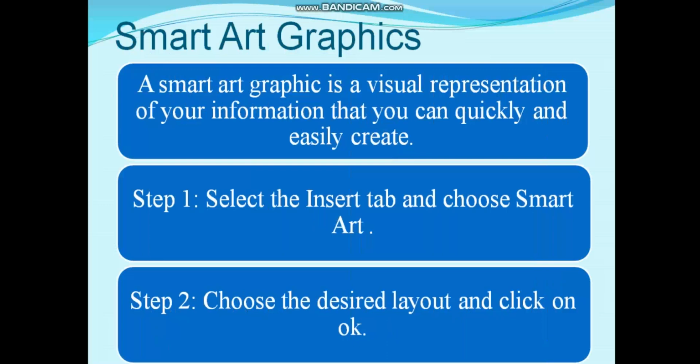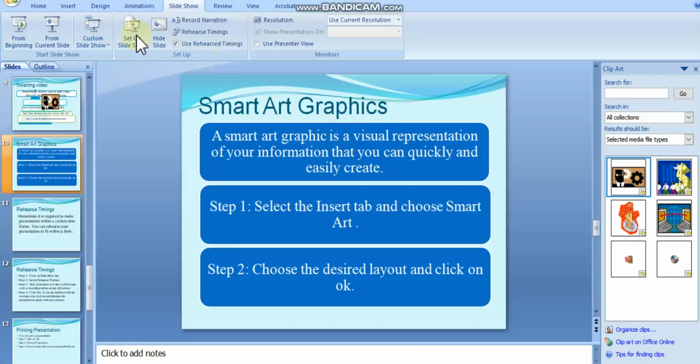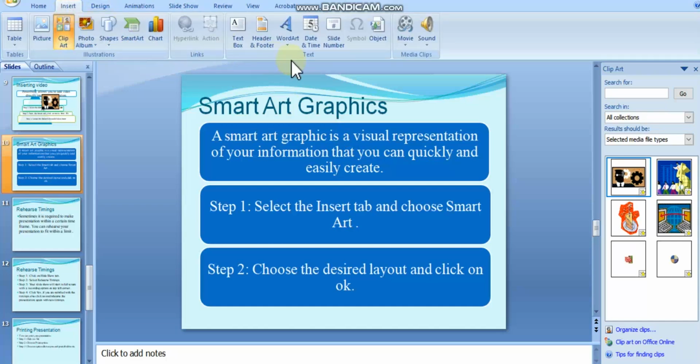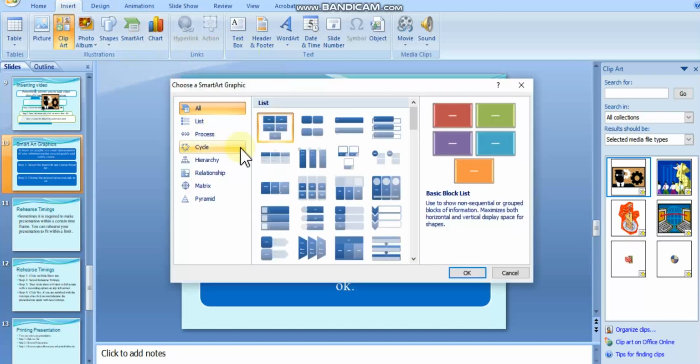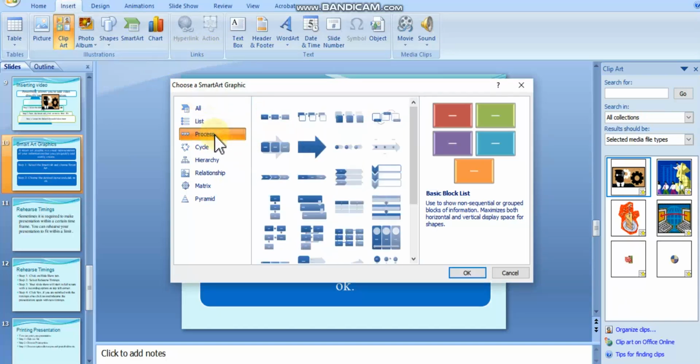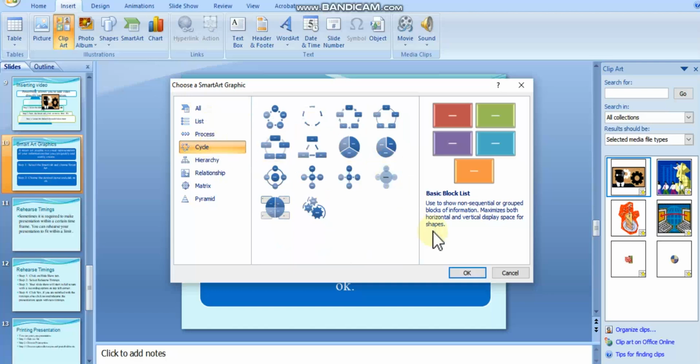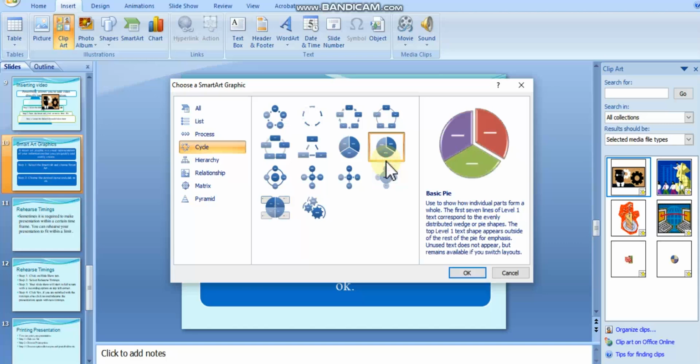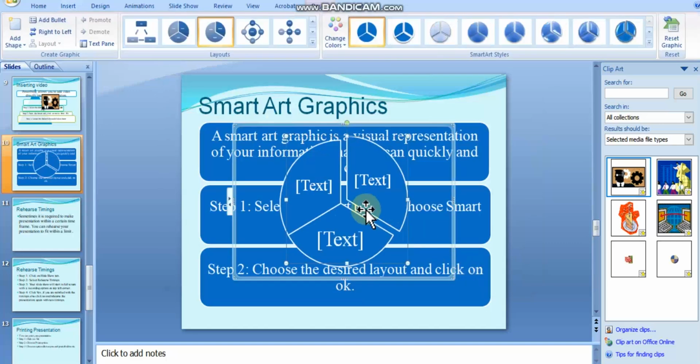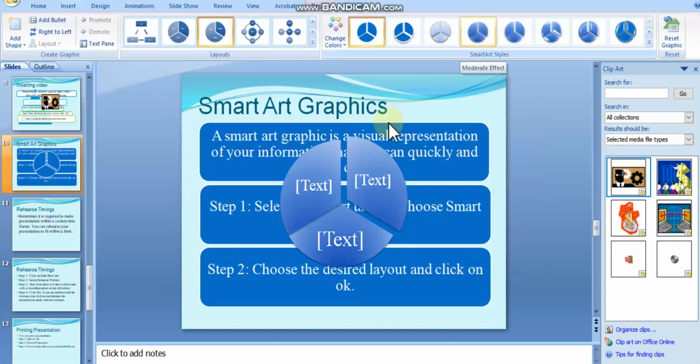Okay, let's do it again. So again you need to go to Insert. There's an option called SmartArt. Can you see it here? Click on SmartArt. SmartArt gives you an option for the layout, right? The layout in which you want your text to appear. So you can have a list, a process, a cycle, whatever you want, and you can change it. Once you select something and say OK, it will appear on the particular slide wherever you are. And then you can play with the colors, you can play with the layouts and much more, right?